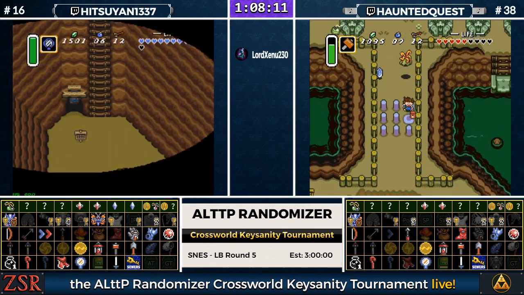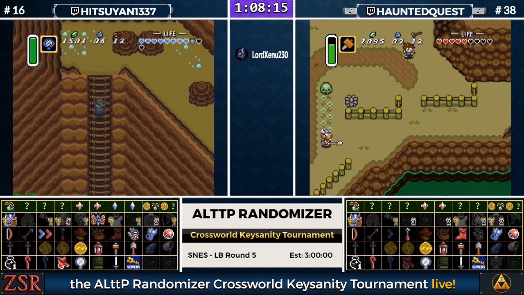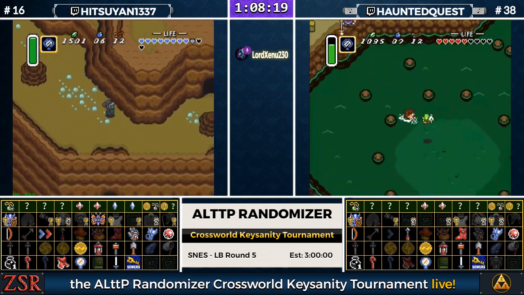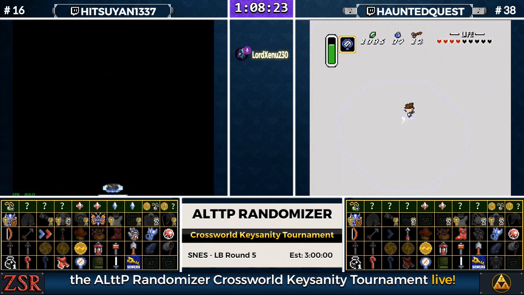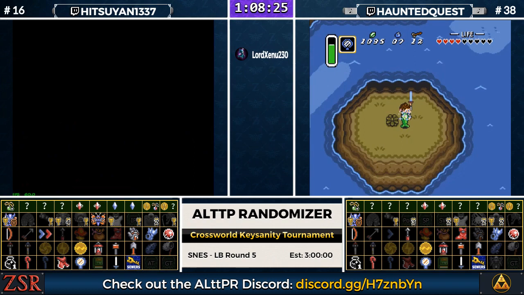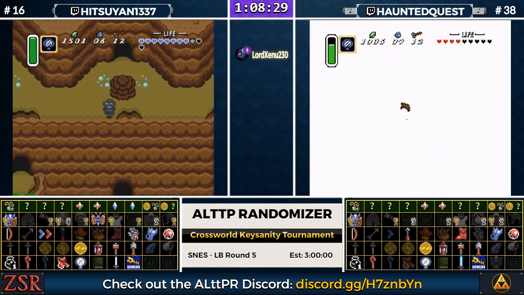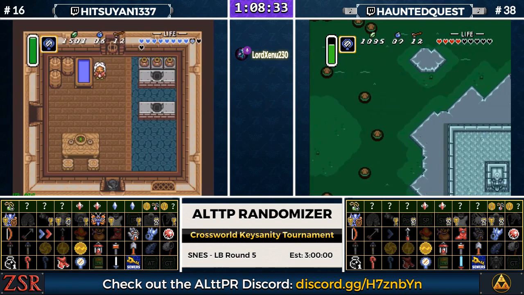Gee. HauntedQuest, please. Looks like he's gonna grab the item that was on here. I forget what it was. I think I have it written down. It's a sword. So he gets his Master Sword. That should help with combat. And does make it...